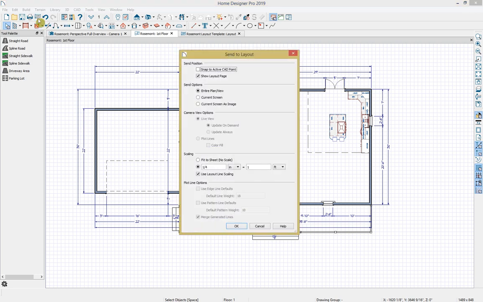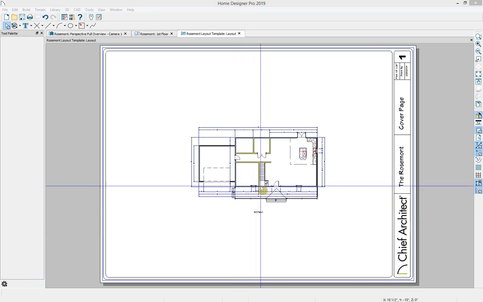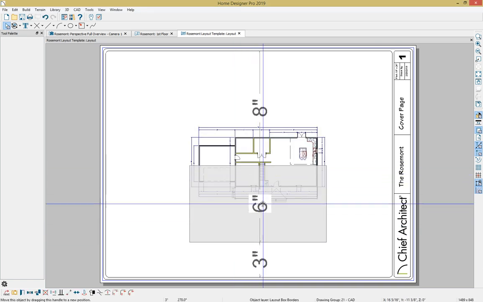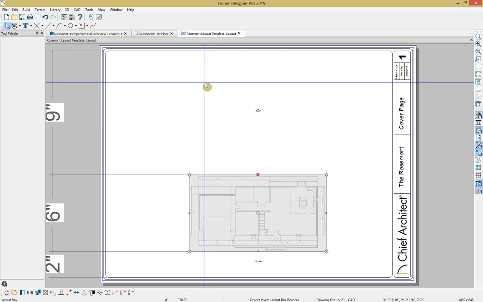And I have a few different choices here. So I can send the entire plan view, just what's displaying on my current screen, or I can send the current screen as an image. If I send an image, it's not going to hold any scaling information. So I'm going to do the entire plan view, and I'm going to adjust the scale to be 1/8 and go ahead and select OK. And I'll just select that and move it down a little ways